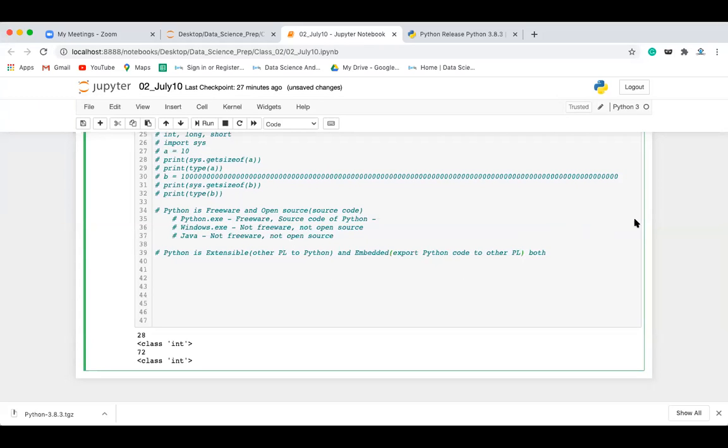Why does Python have free source code compared to Java and others? Because it was developed like that. It is not the proprietorship of a particular person. Java was initially developed by Sun Microsystems, so they made it closed and didn't make it open source. But with Python, it depends on the developer. Tomorrow you can develop one application, and it is completely your call whether you want to make it open source